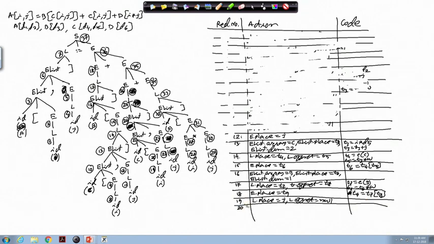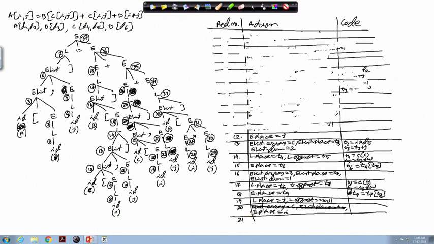At 20, it will have this elist.array equal to C, elist.place equal to T10, a new temporary, and elist.dimension, sorry, at 20 it is E producing L, sorry, so this is not correct. So, E producing L, so E.place equal to I.